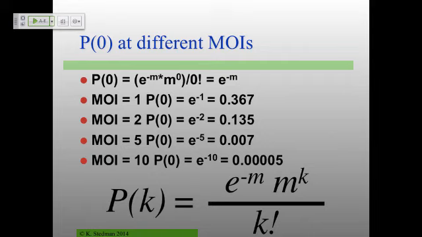And anybody who's working in my lab or any other virology lab knows that getting MOIs of 10 is a real pain. Getting enough infectious virus particles is a real drag. But you want to get as close to this as you possibly can. So P of 0, the probability you're going to have uninfected, goes way down relative to your MOI. A lot of people also like to think about, instead of the amount uninfected, the amount infected, and that's basically just 1 minus this P0.